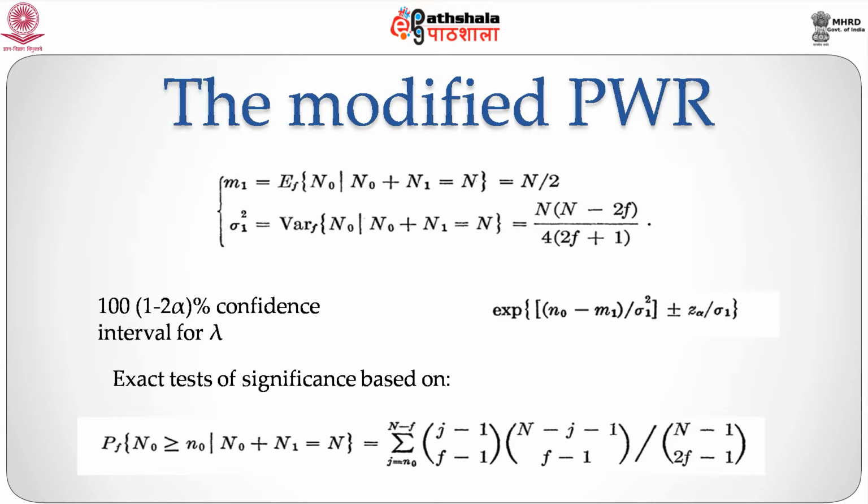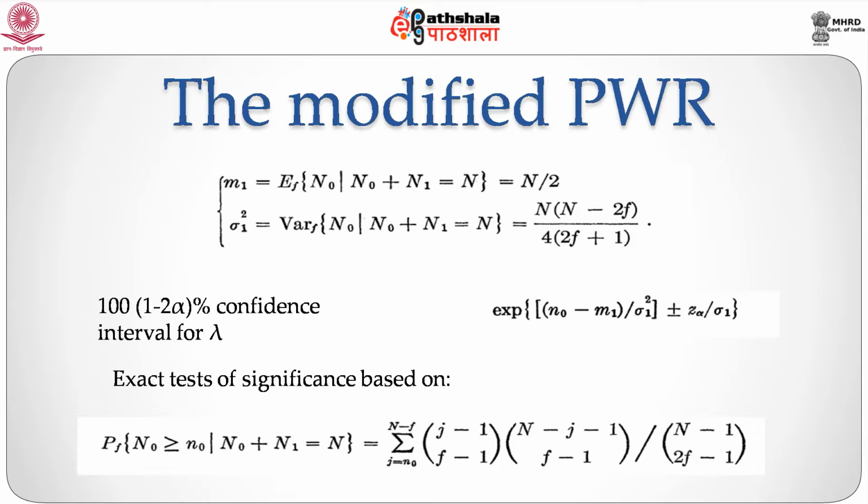Now we can derive the generating function for this distribution, hence the cumulants and the first two moments. If log lambda is small or capital N and F are large, then we can approximate these and get expressions: M1 is equal to the expectation of N0 given N, equal to capital N over 2, and sigma 1 squared, equal to the variance of N0 given N0 plus N1 equal to N, is N into N minus 2F by 4 into